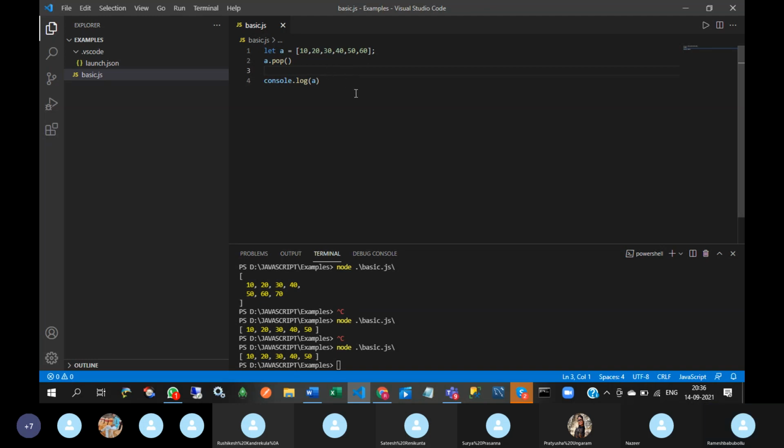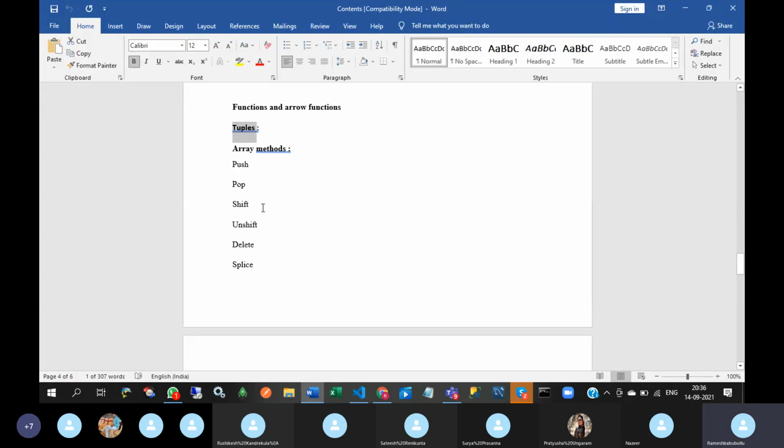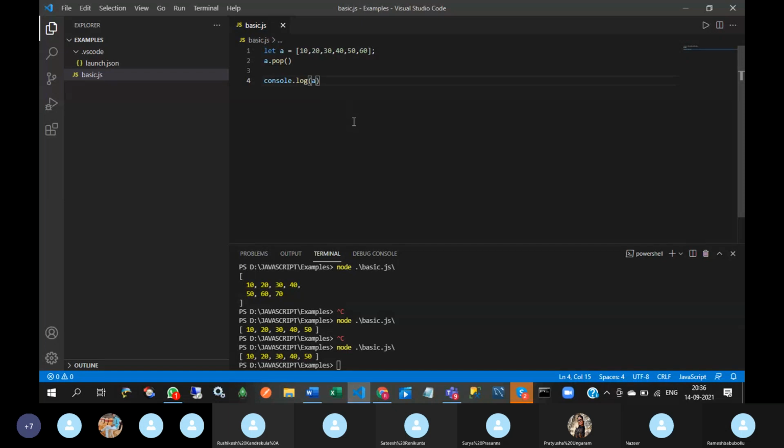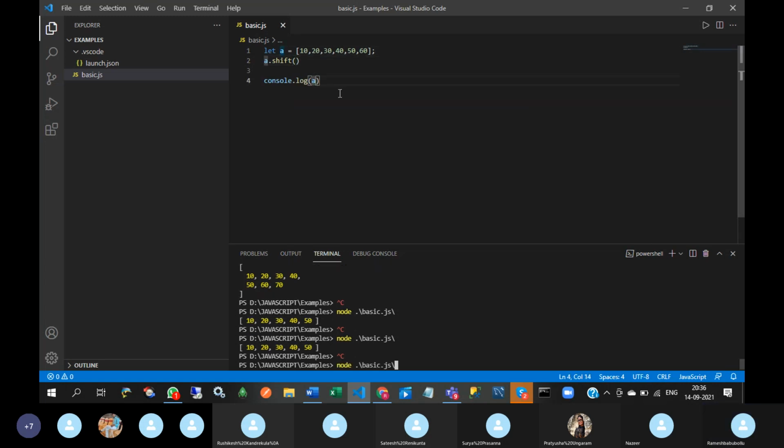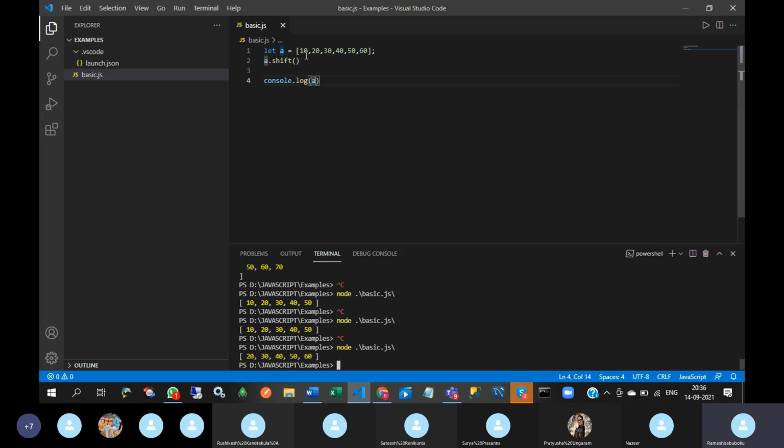Okay. So next one is shift. And the definition is removes the first element from an array. The first element will be removed.